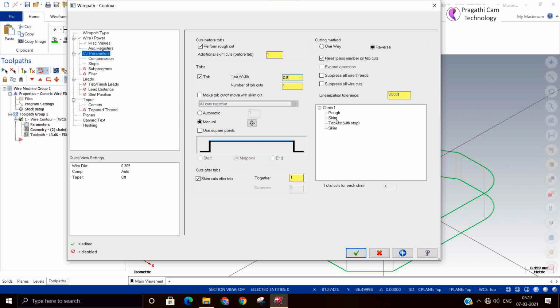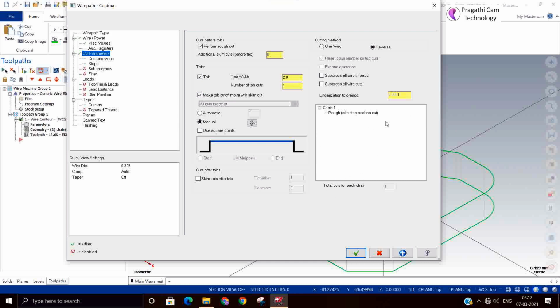Suppose you don't want the skim cut now, you can remove it. Rough cut, then you are doing tab cut, and finally you are doing the skim cut. You can switch the tab on and off. It's up to you. If you remove the tab, only rough cut happens.